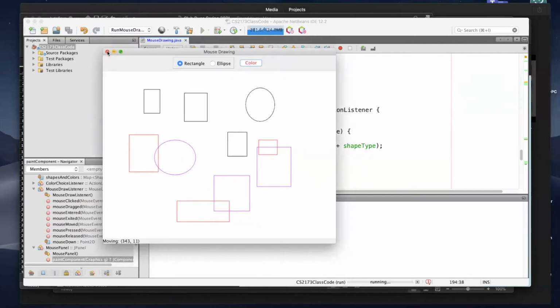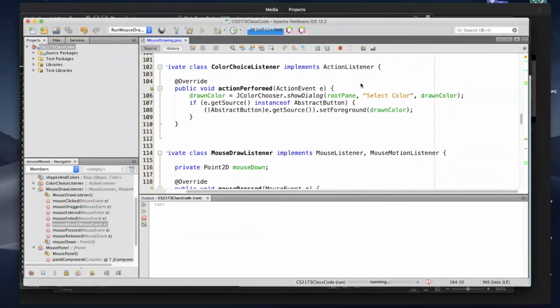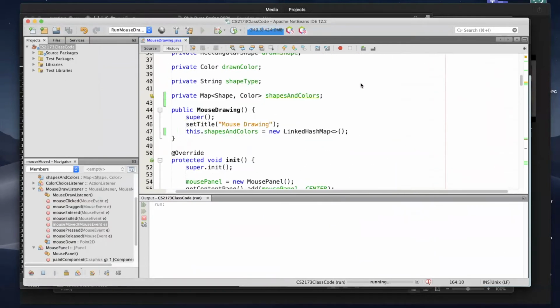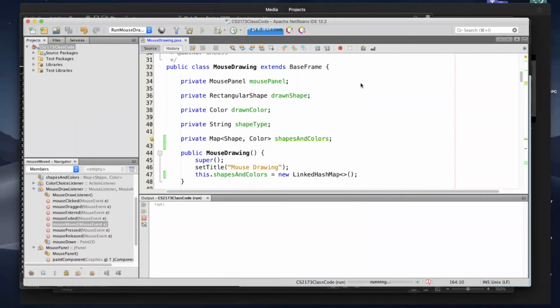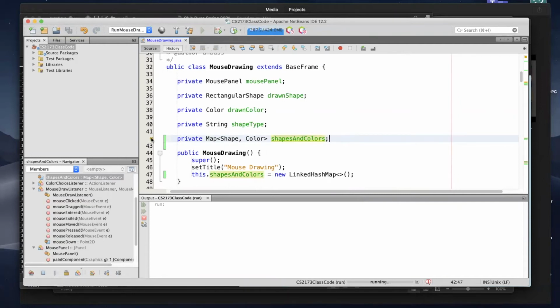Okay, so that's how we can keep these things. And furthermore, we're not going to go too much further with this, just a little bit further to show some other things. But because this is being stored in an instance variable, and in fact, what is it saying? It's saying it can be final. Well, sure, let's make it final. Why not? Because this is being stored in an instance variable that's a map, then if I want to do something like